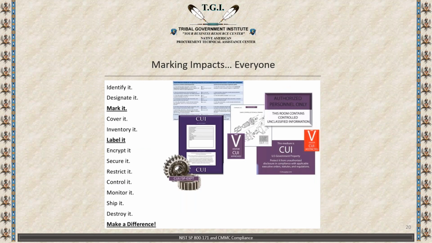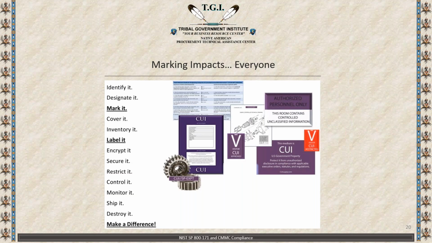So marking is mandated by DoD. Let's say you manufacture a part that goes into an end assembly for an Abrams tank or BAE weapon system. You will have unique specifications and engineering drawings that were used to make the part. So CUI not only applies to the part that goes into the weapon system, but the specifications and technical drawings are going to be CUI and must be protected.